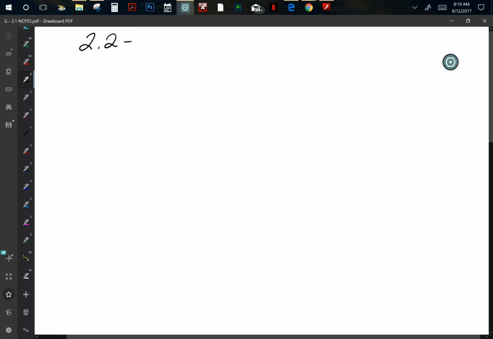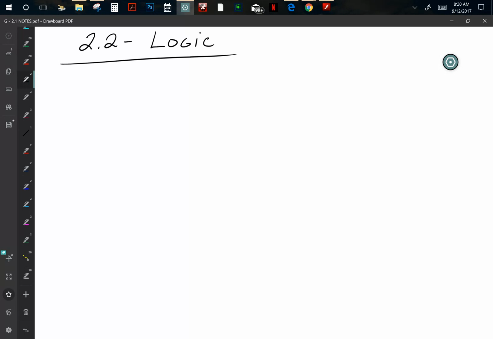Two point two, one big word here. Logic. In my humble opinion, this is a lot of what geometry is and what it's trying to teach you. Okay? Is how to think about things. We're gonna use a lot of words you're used to hearing